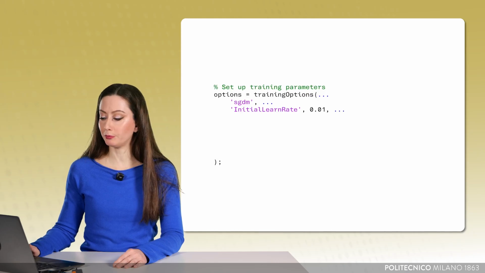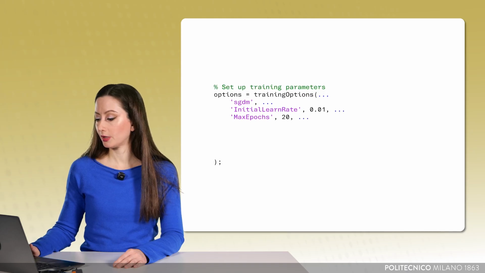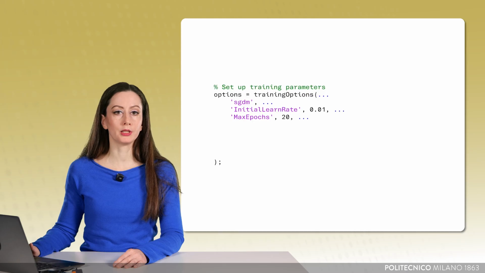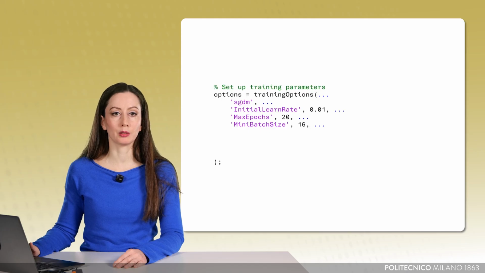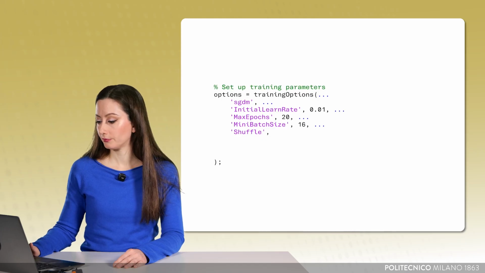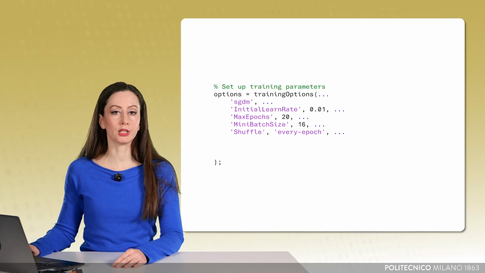And we choose to perform optimization using a mini-batch approach. And this means that at each optimization step, the network only processes a small subset of the dataset called a batch. And once the optimizer has seen the whole dataset, we say that the training epoch is completed. In our case, we set the number of epochs to 20 and the batch size to 16, meaning that the model updates its learnable parameters by processing 16 examples at a time. We also allow shuffling at every epoch, meaning that the mini-batches change during training.